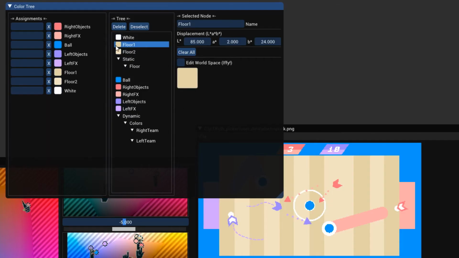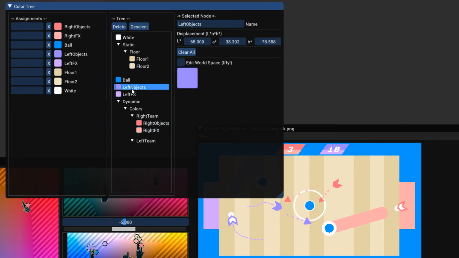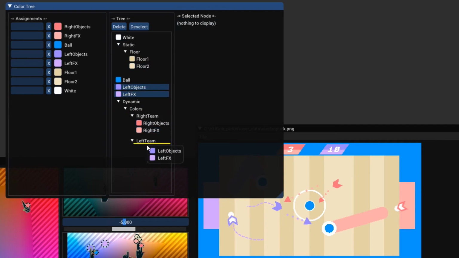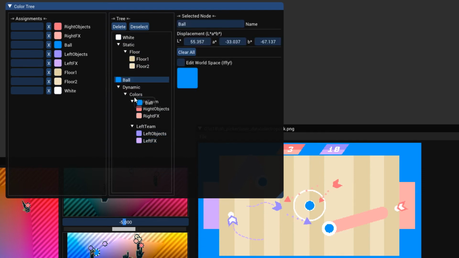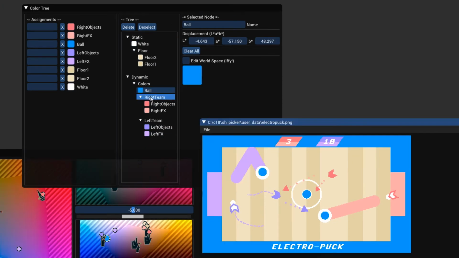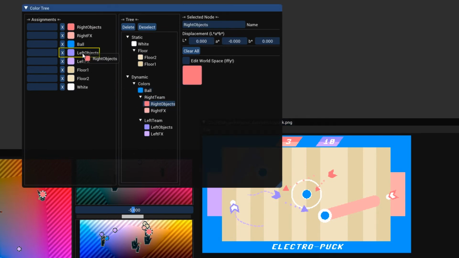OH Picker uses a drag and drop interface for users to modify the structure of the scene graph. Many people will be familiar with it. Multiple nodes can be selected by control clicking and dragged and dropped as a group. You can perform other operations on the selected nodes using the buttons at the top of the tree view, or by right-clicking. A drag and drop interface also allows users to change which color nodes correspond to particular slots of